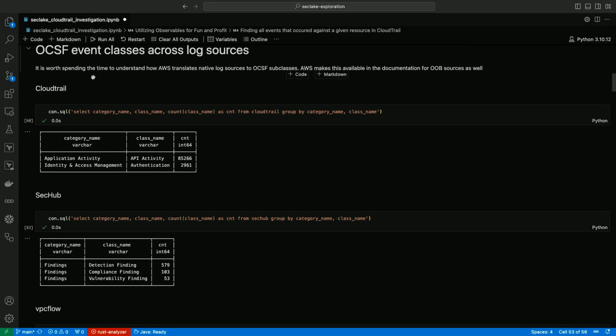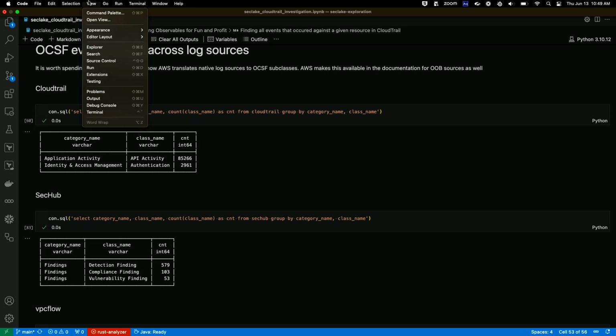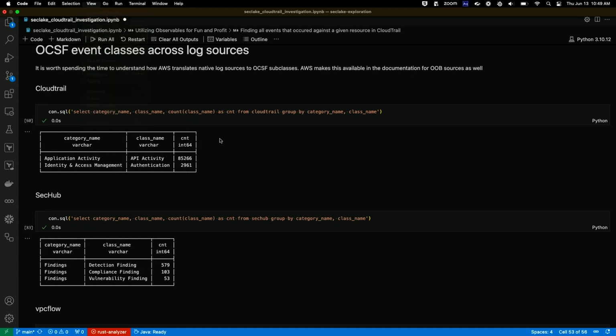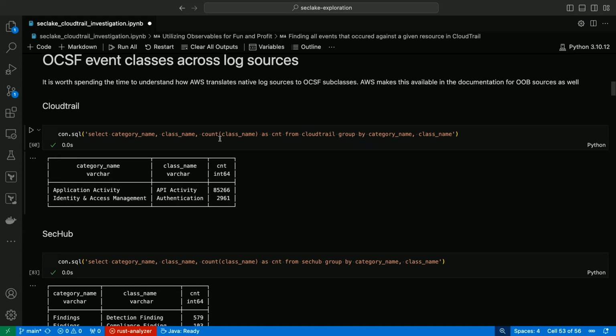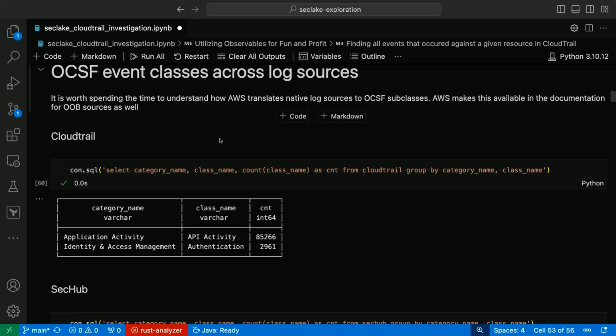Let me see if I can zoom in a little bit. There we go. Obviously, I'm not going to expect you to read the entire query, and if anybody wants this, I have it in a repo and can make it publicly available. What I've got going on here is a Jupyter notebook. I'm using DuckDB locally, which is just a replacement for Pandas. I've pulled down pretty much all the data in my US East bucket from Security Lake locally, because it's not large, since this is just a lab environment I built for the purpose of the talk. I've written a couple different queries to look at different field types and how they compare to the standard data sets.